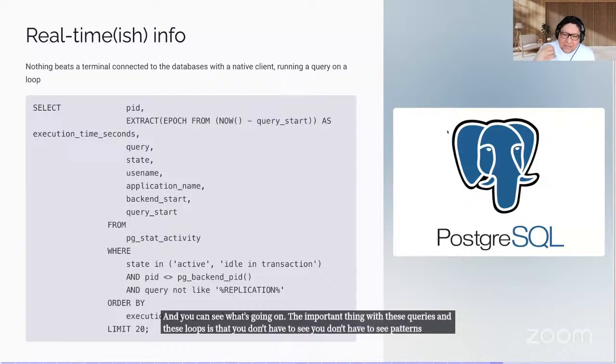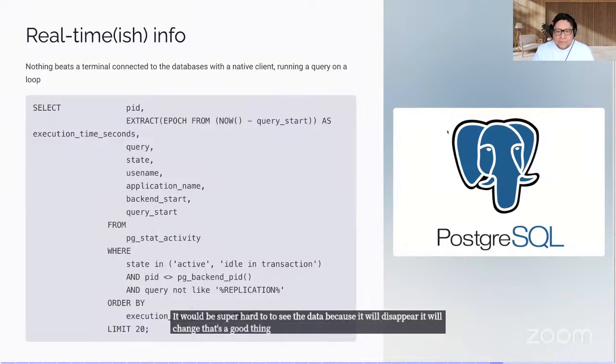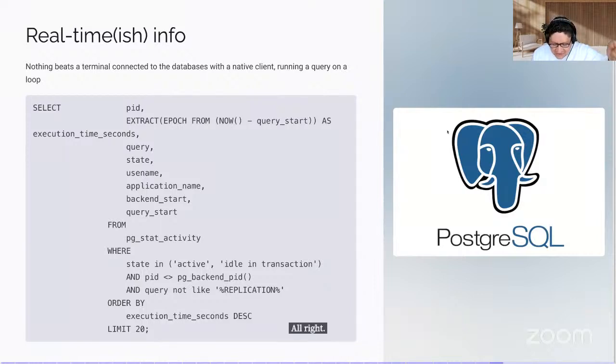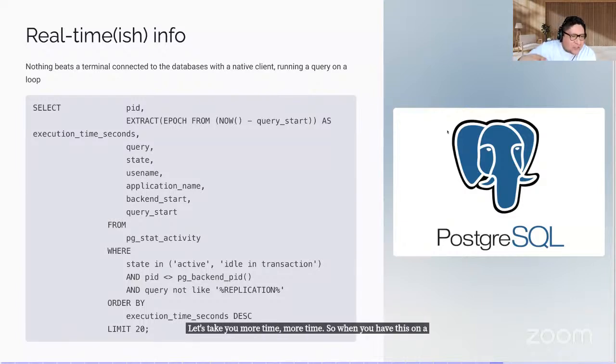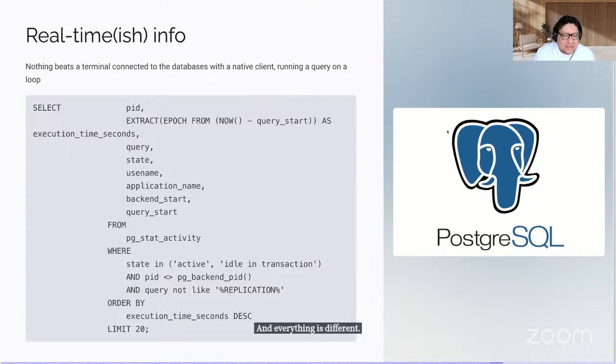If you run this loop every second, it will be super hard to see the data because it will disappear, it will change. That's a good thing, right? Because new queries are coming. When you start to see a pattern, that's a problem, because that's a query that is taking more than a second, right? It's taking more and more time. So when you have this on a terminal, on another monitor, running on a loop, and everything is different, it's good.